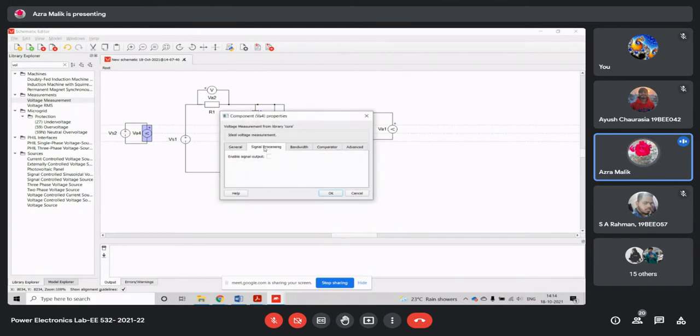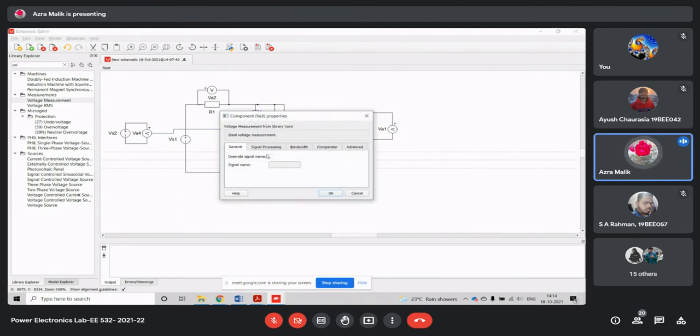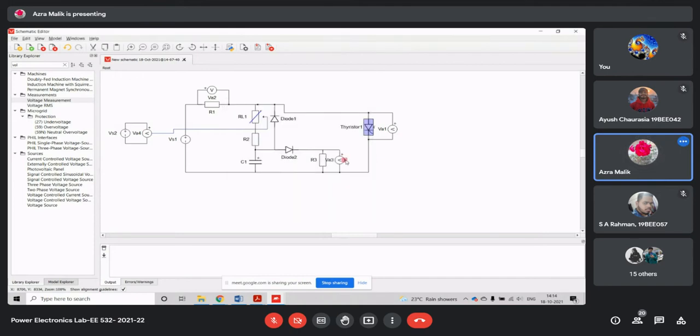This has to be connected to the variable resistor so we can enable its signal output here, and this has to be connected to the thyristor so we can also enable its signal output. And here we need to change it to model. So basically this is the whole schematic, and now we need to provide the corresponding values.